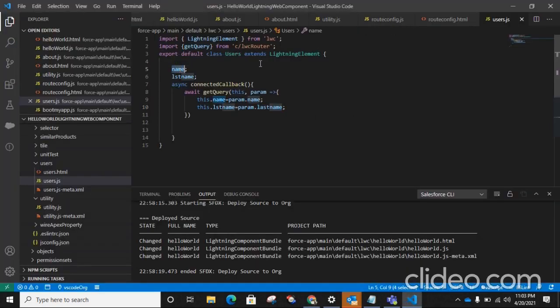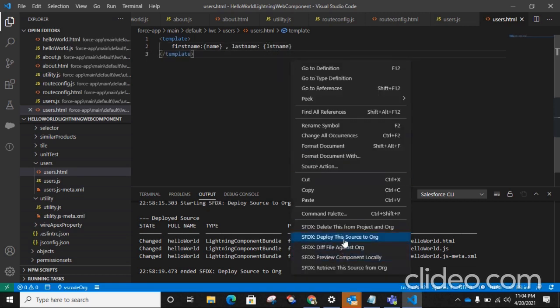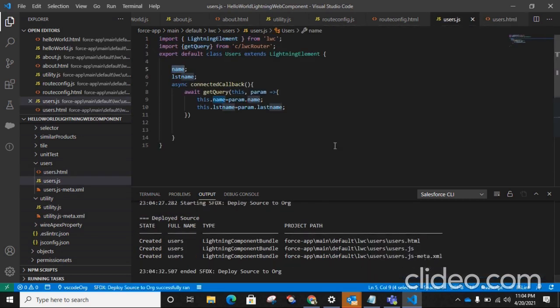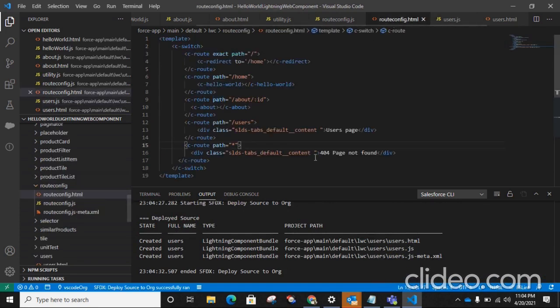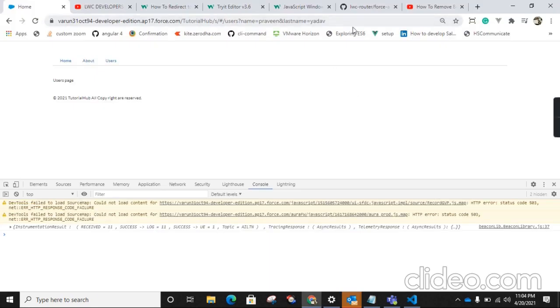And use these variables in the HTML: first name, last name, and deploy it. And check.